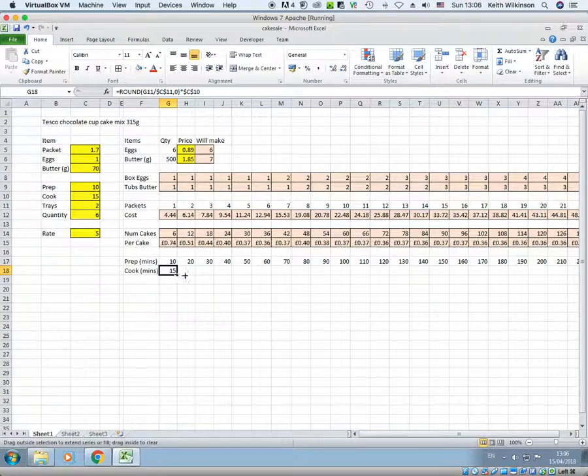If I just drag that right, you'll see this work out. So this time I've got 2 packets. I've got 2 trays, so I can put 6 on each tray, giving me 12, and it's still only going to take me 15 minutes to cook them. So 2 trays will fit in the oven, got 15 minutes. However, if I now move it along to using 3 packets, which would be 18 cakes, I've